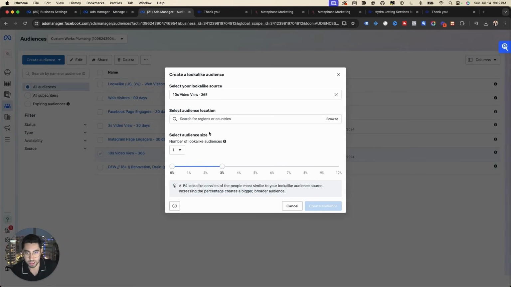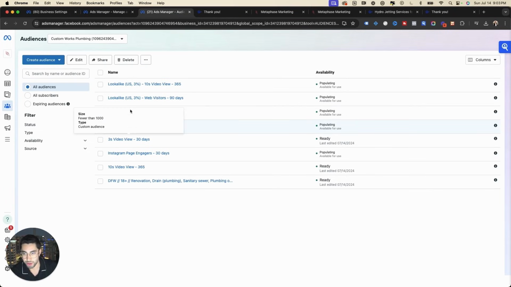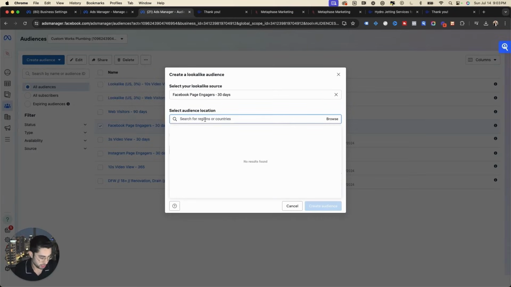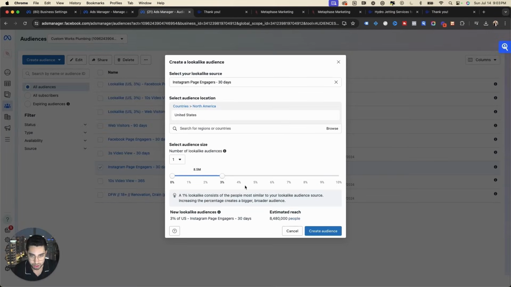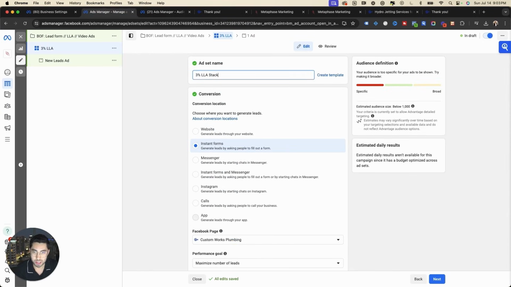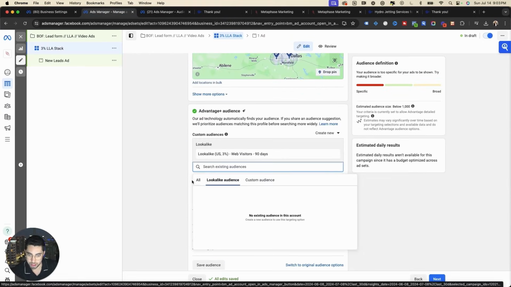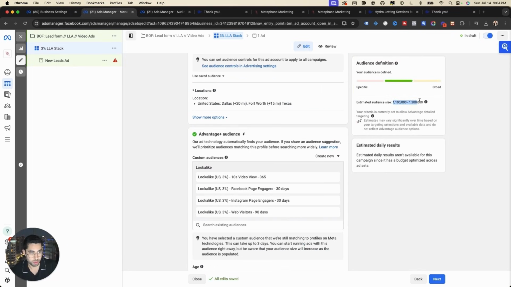So we'll create a 3% lookalike in United States, website visitors. Let's go. So we got video view, we'll go page engagers, again, 3%, page engagers, video view, website traffic, and we'll go Instagram, and we'll do 3% as well. So now we have 4 different audiences, all at 3%. So now what we're going to do is we're going to stack all these together. Pop in here. So let's go ahead and refresh. So now we went from an audience that's too narrow to about 1 million people with all those lookalikes stacked